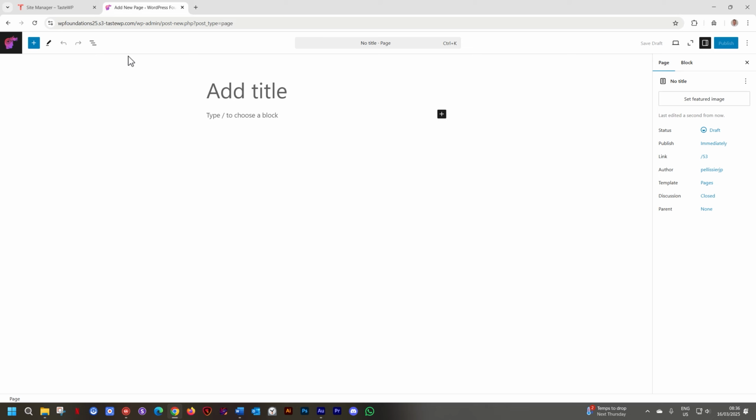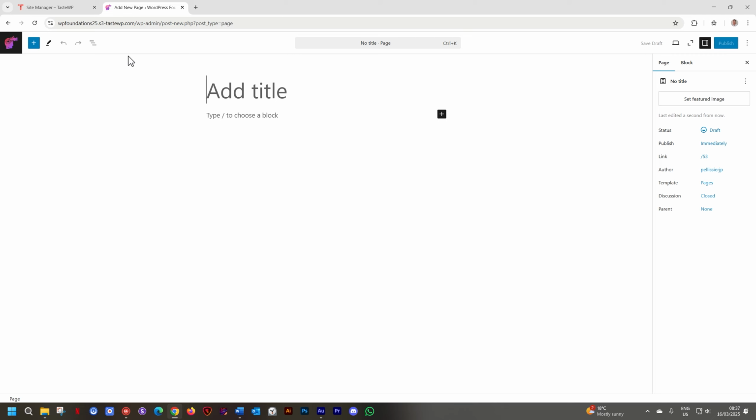This is a page. For all intents and purposes, what you're going to do in how you design and bring content onto this page is exactly the same. How the blocks work, how the settings work, exactly the same. But it doesn't see it as a post, which means those archive pages, the tags and the categories that we looked at earlier, it will not add this page to those archive pages. WordPress is going to allow you to put this page into the menus, which we will do in Module 2. I'll show you all of that in Module 2. But for now, we want to create a home page.